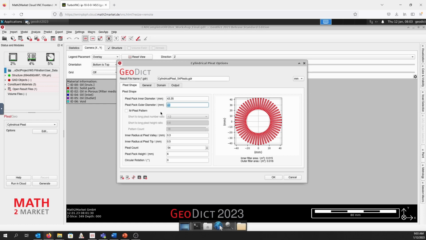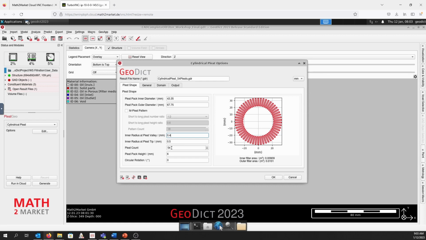We specify the pleat pack outer diameter, so the diameter here on the tips, to be 67.75 millimeters. The inner radius at the pleat valley specified here, we will change to 0.4 millimeters, and the inner radius at the pleat tip is here on top, which is set at 0.5, so we leave it here.